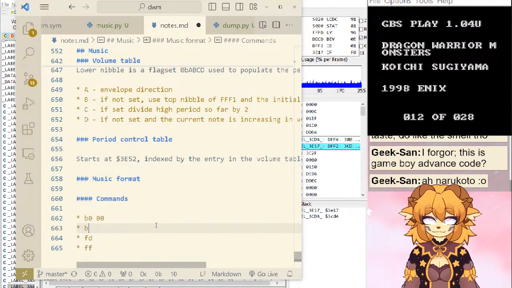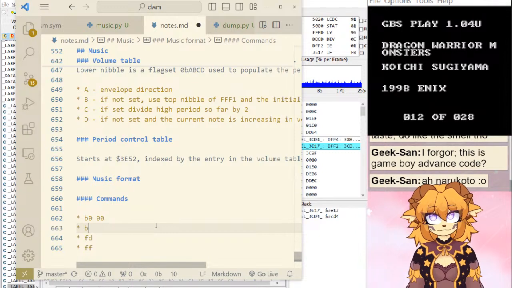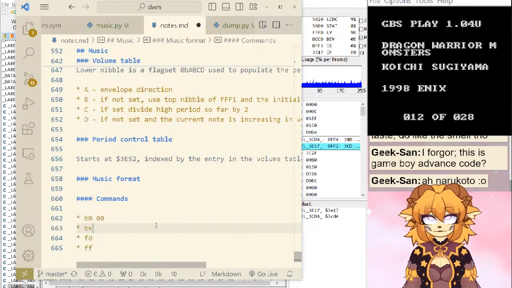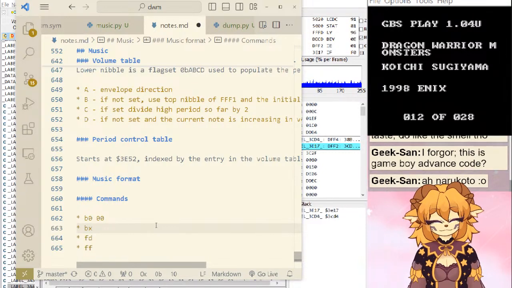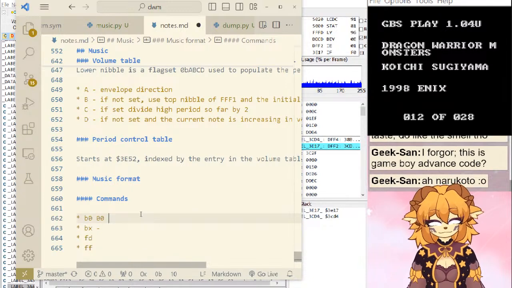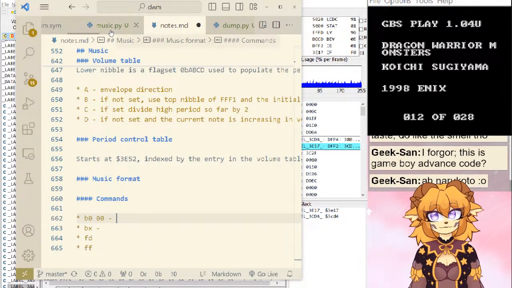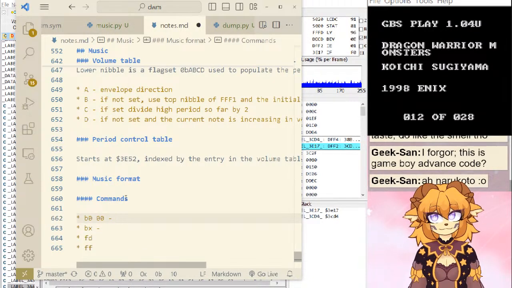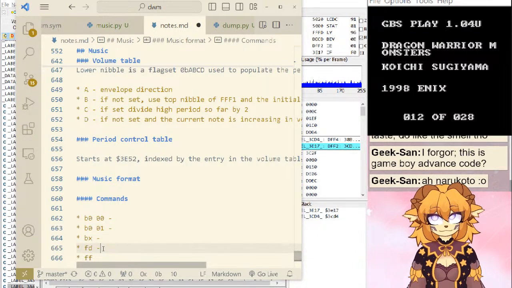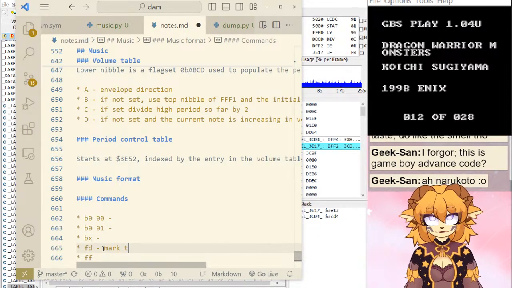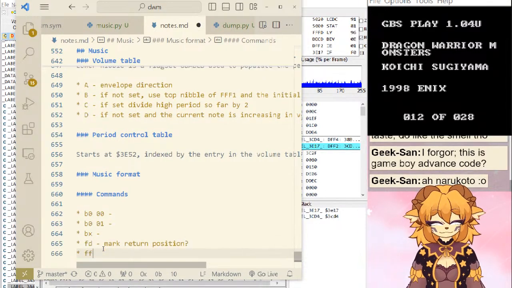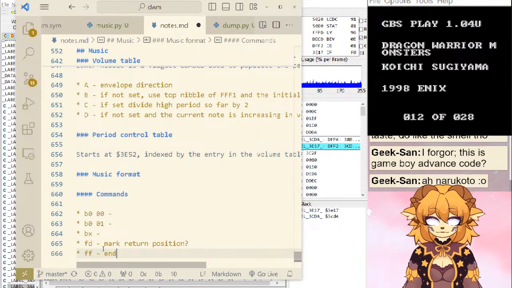Good to know. Let's put yes. Okay, so B00, B01. Return position in the song.